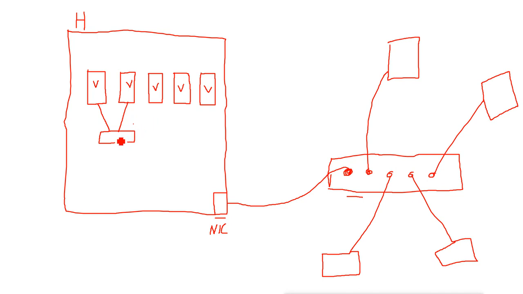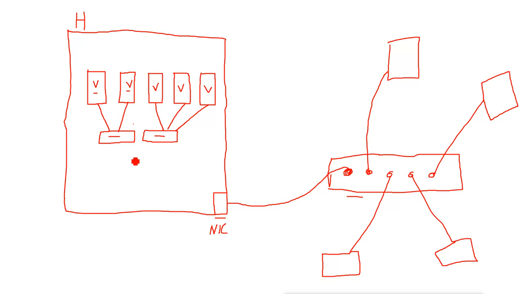Now those machines which are connected to that particular virtual switch can communicate with each other. These virtual machines are not connected to this switch, so they will not be able to communicate with these two machines. So we can create multiple virtual switches on our host, so that we can separate these virtual machines into communication groups. These three machines are under a different switch.